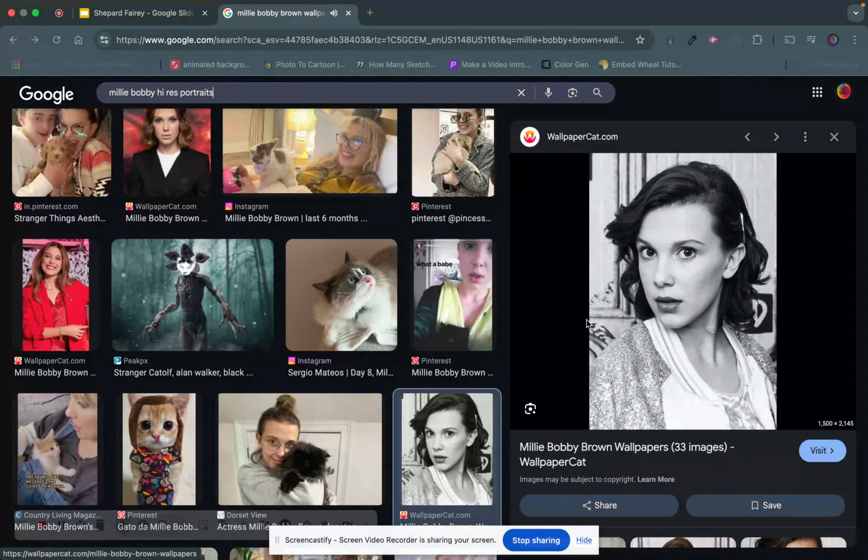All right, so our next step is to find a portrait, a good quality portrait of whoever we chose to be our subject. For my example, of course, I chose Millie Bobby Brown. So I simply went to Google and I searched Millie Bobby Brown high-res portraits. The one on the right here is the one that I chose for my example, but you want to make